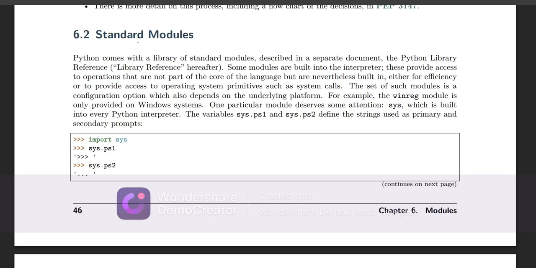Now let's talk about standard modules. Python comes with a library of standard modules, described in a separate document, the Python Library Reference. Some modules are built into the interpreter. These provide access to operations that are not part of the core of the language but are nevertheless built in, either for efficiency or to provide access to operating system